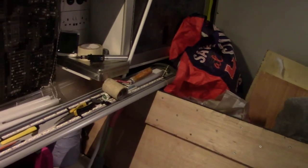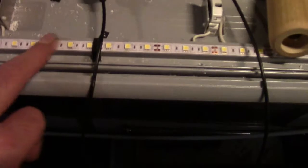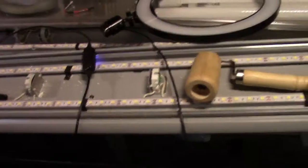Anyway, I've removed the bloody great big fluorescent light fittings from the roof. As you can see, that one there is like 9 foot long, I think. 8 foot long, something like that. I think it's 11 foot this fan, so yeah, it probably is 9 foot long. There are the fluorescent tubes that came out of it, and I also fitted these LED strips inside it while I was at it. So what I decided to do was to replace those LED strips